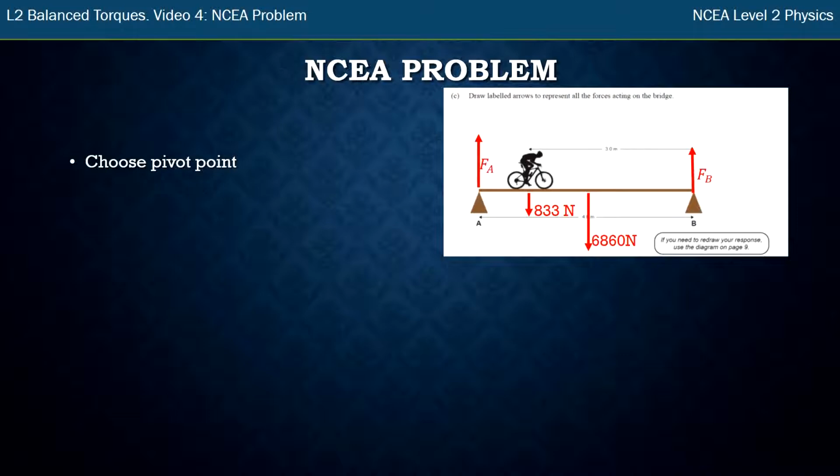So I choose a pivot point. I could choose either A or B. I'm just going to, for argument's sake, choose A. Now I identify the clockwise and anti-clockwise torques. So I imagine that bridge pivoting from that point. So it could pivot down clockwise like a second hand on a clock, pivoting at the point, or it could